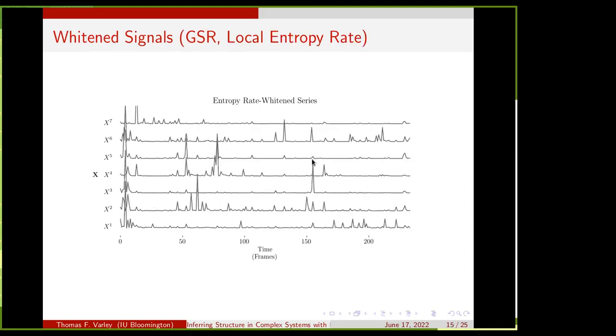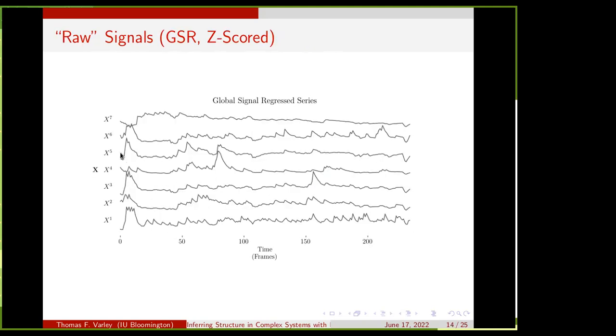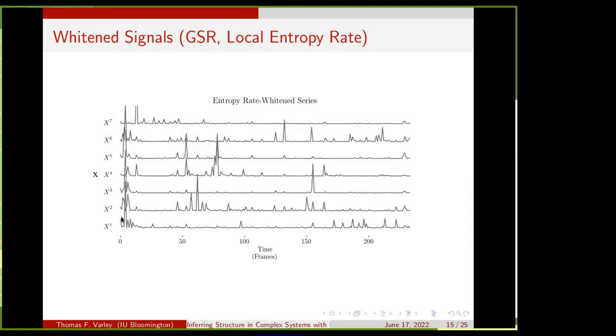So after we whiten, we've almost turned this data into a point process. Here, there's a large common spike at the beginning, and there's a bunch of much sharper spikes in the whitened series. I'm very excited about this because autocorrelation and temporally extended dynamics are a perennial issue when you're doing anything with calcium signaling, which we do a lot of in neuroscience. So being able to get something that looks more like a point process is pretty neat, and I'm wondering what else we can do with this. There's an application in MRI as well, I think, because there's notorious autocorrelation there too.